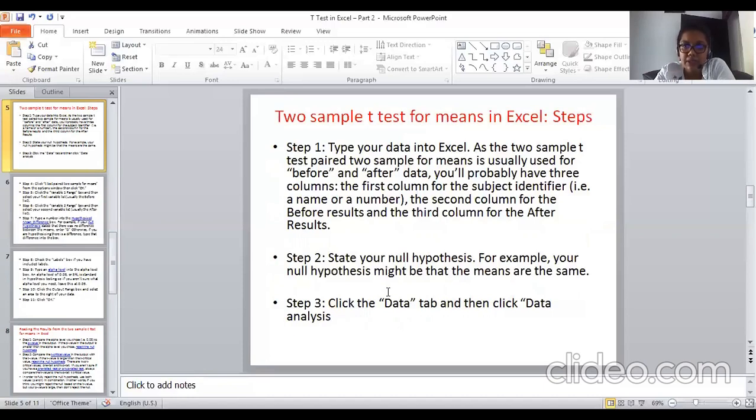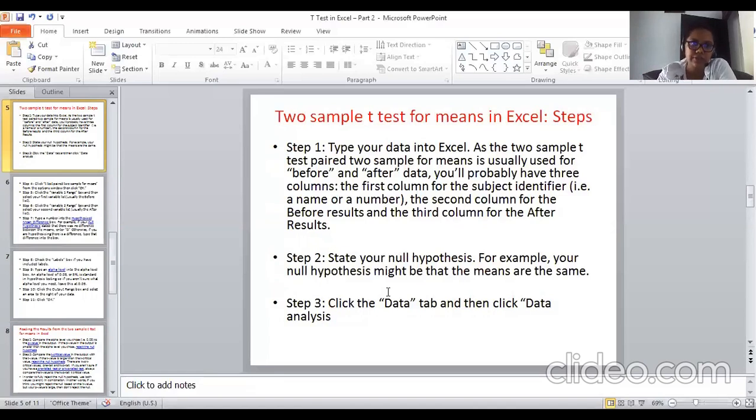You probably have three columns. The first column is for the subject identifier. That means, suppose in your sample, the example that we are going to discuss today is that we have 12 salespeople in our sales force. We are going to give them training, and we have to check whether their sales have significantly improved after